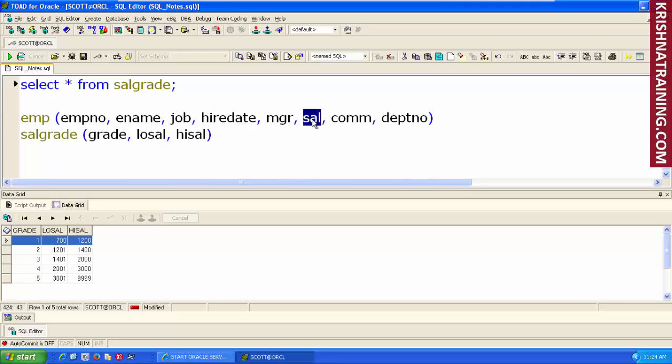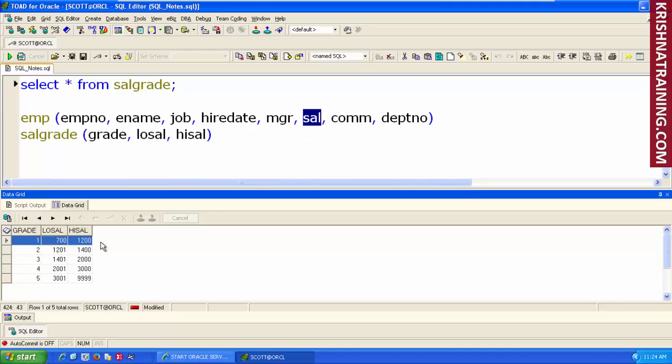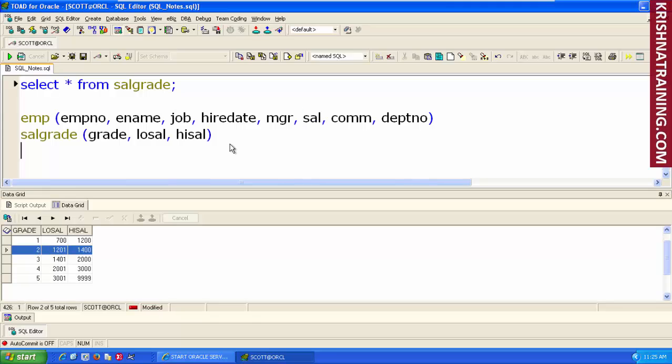So the way the data is structured in this table is, if the salary falls in between 700 and 1200, it's called grade 1. If it falls in between 1201 and 1400, it's called grade 2. That's how the data is structured in this table. So if my requirement is to display the grade of the employee based on the salary,